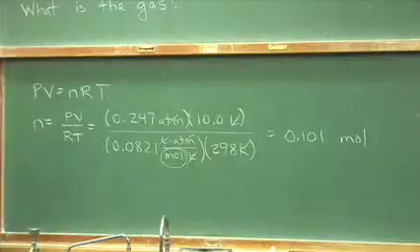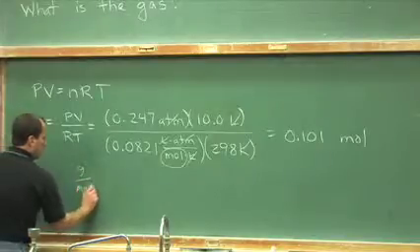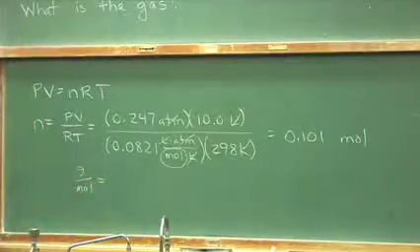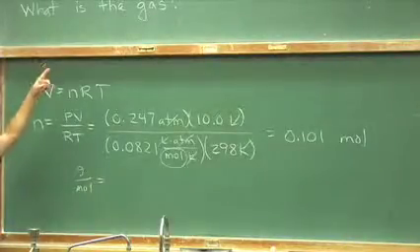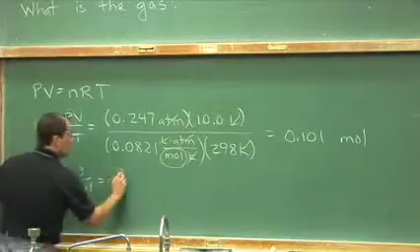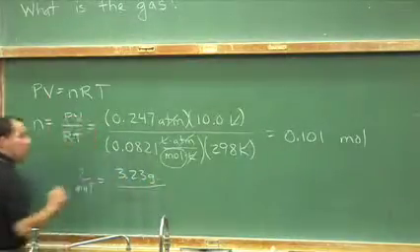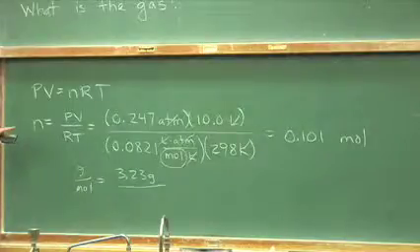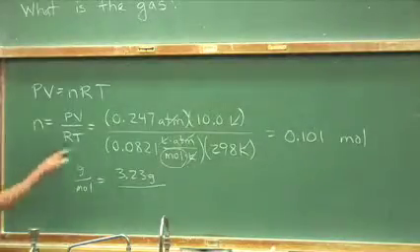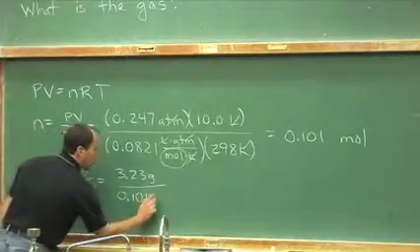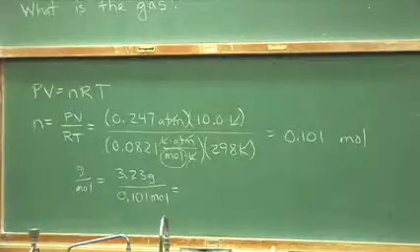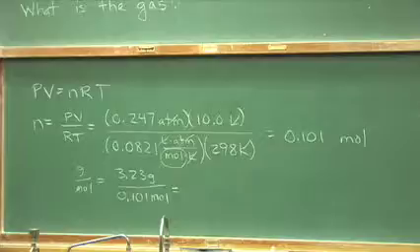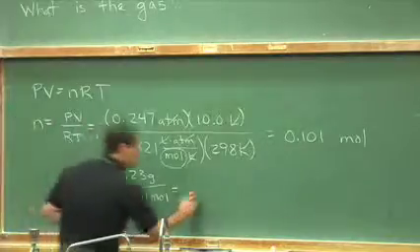Now, to identify an unknown gas, molar mass, the units there are grams per mole. Well, the student was very, very sophisticated at the beginning of this problem, knew to weigh out the mass of the gas, 3.23 grams. So we have our mass, 3.23 grams. And we've used PV equals nRT, our equation of state, to determine how many moles of gas are present. 0.101 moles. No units will cancel. We'll end up with grams per mole. And after the division, it looks like, rounding, I still come up with 32.0